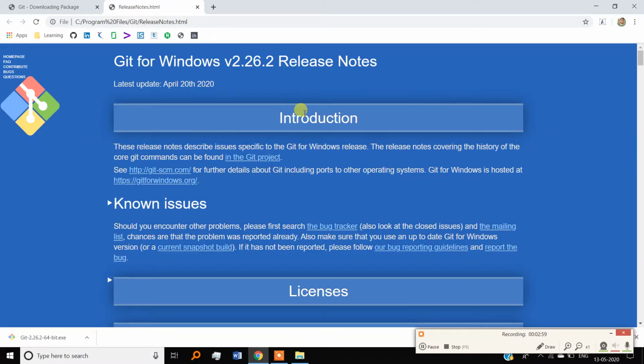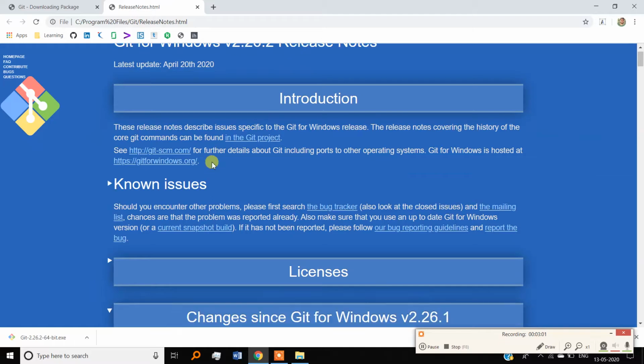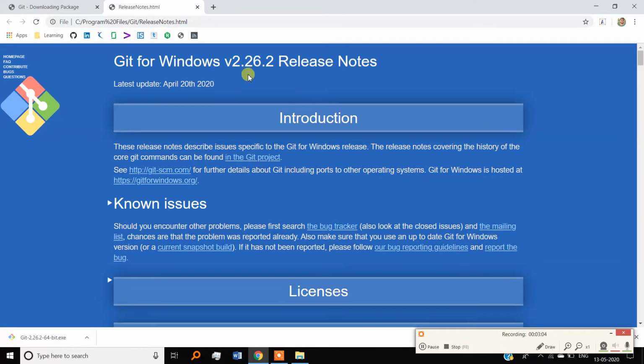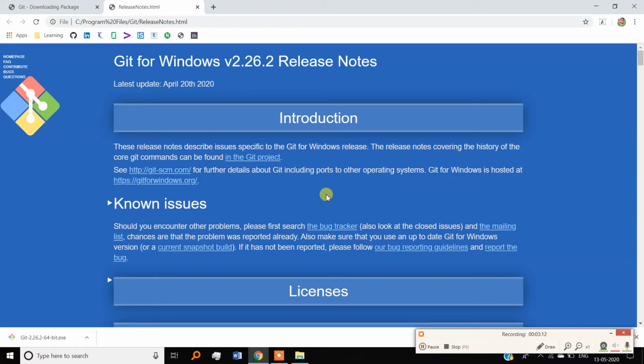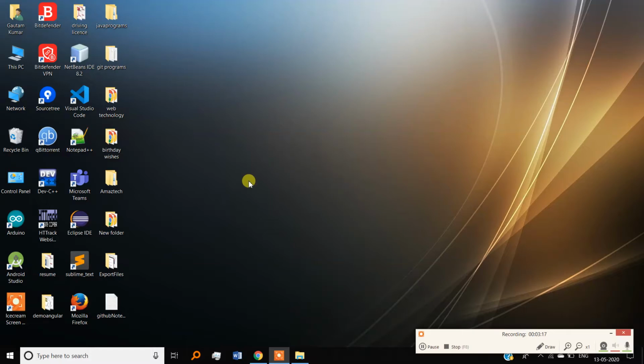So after this we get this web page related to Git, and some introduction about Git is here, and you can read it. So let's check whether Git is installed in our laptop or not.